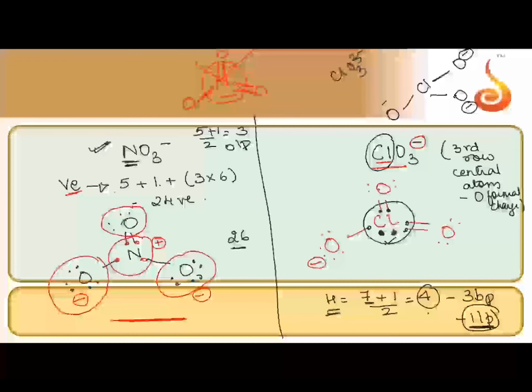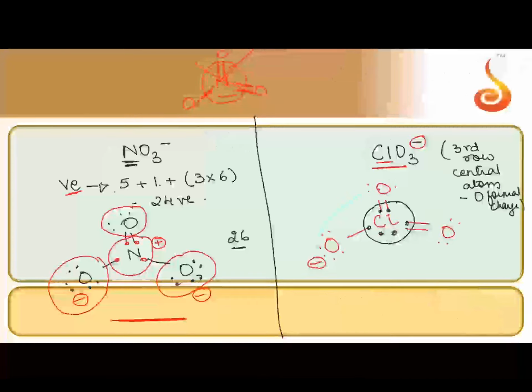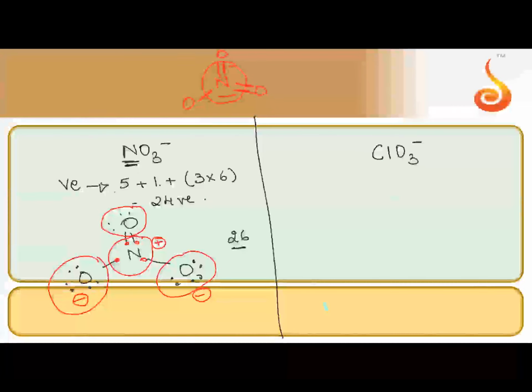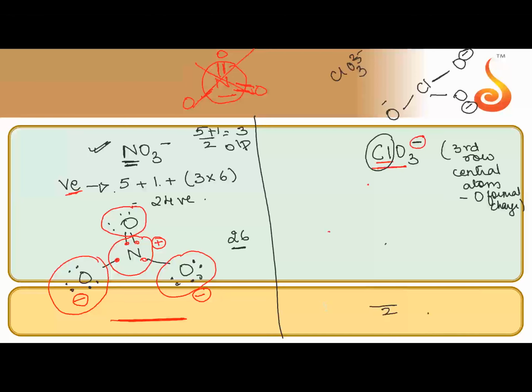Okay. You can also do the valence electron method, but remember that chlorine will expand its octet. Rest of the elements you count their valence electrons and give them octet. Don't give for chlorine. That method I will also explain here. How many valence electrons are there in this whole compound here? So you have 7 in chlorine plus that 1 electron, 8 plus 6 into 3 for oxygen. 26. Okay, 26 electrons are there.